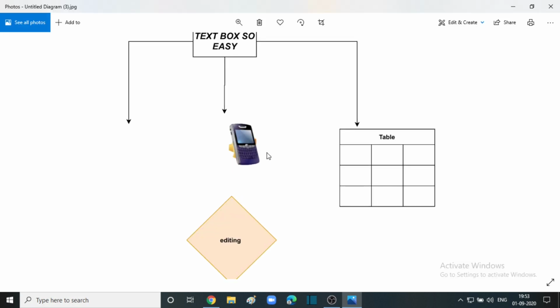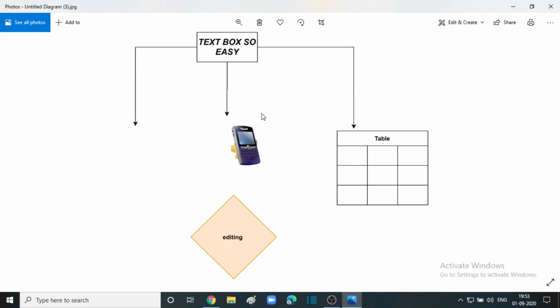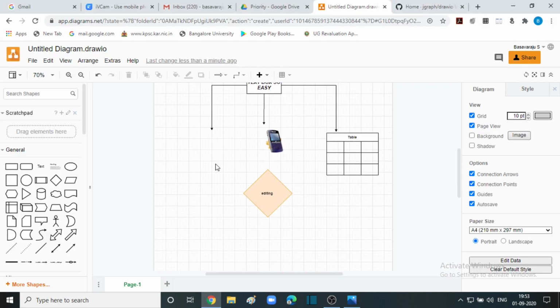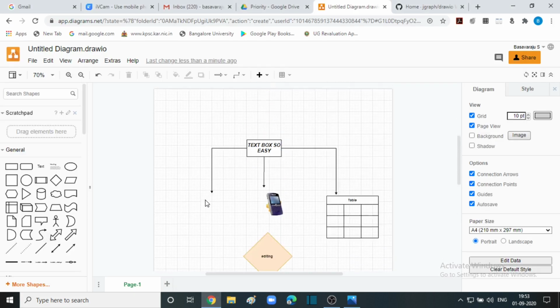Now you can see the image has been downloaded, and you can insert this image to your Word file or any other file, PPT, etc., with very good resolution, and then use it for any other purposes you like.